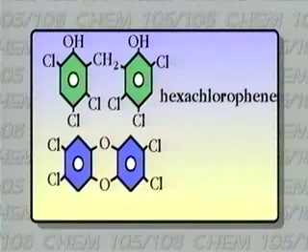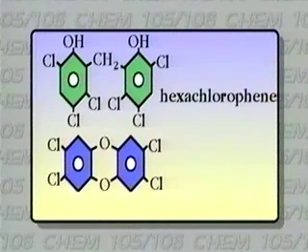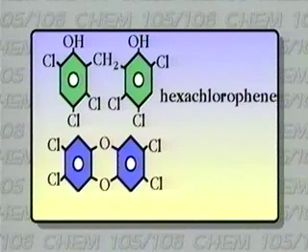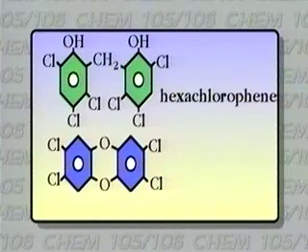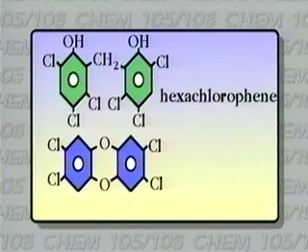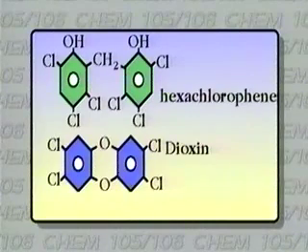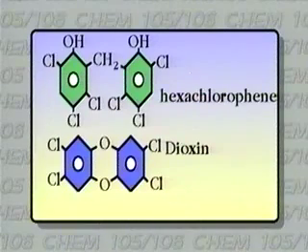Quite unknown to the chemist at that time, we could end up producing a byproduct which looks like this. Again, notice that it still has the two benzene structures. Now it has 4 chlorines instead of the 6, so we pulled 2 off. We took the alcohols and used them to attach the 2 rings together. And this has a common name of dioxin. And so one of the problems in producing hexachlorophene was that dioxin was being produced as a waste